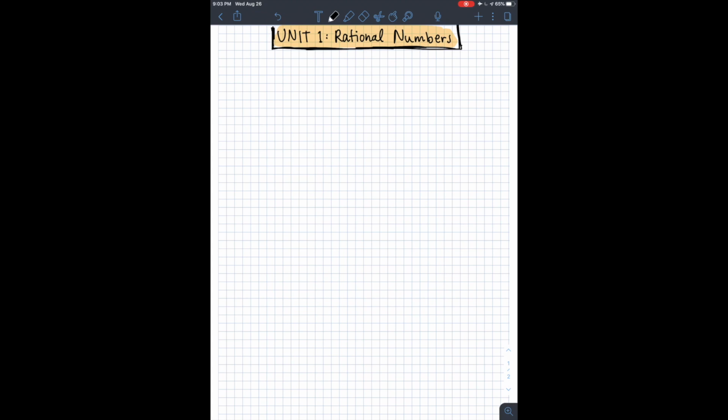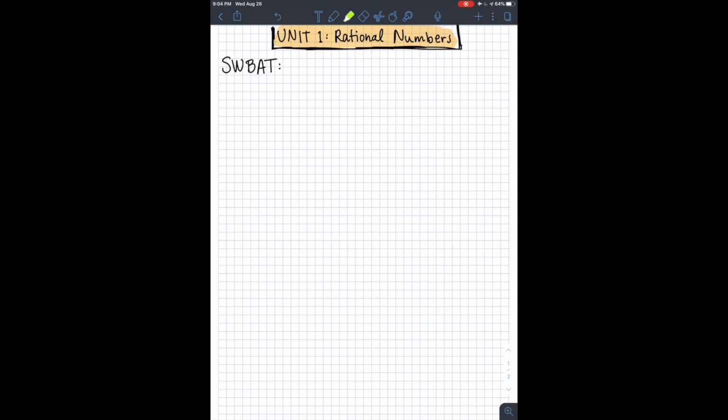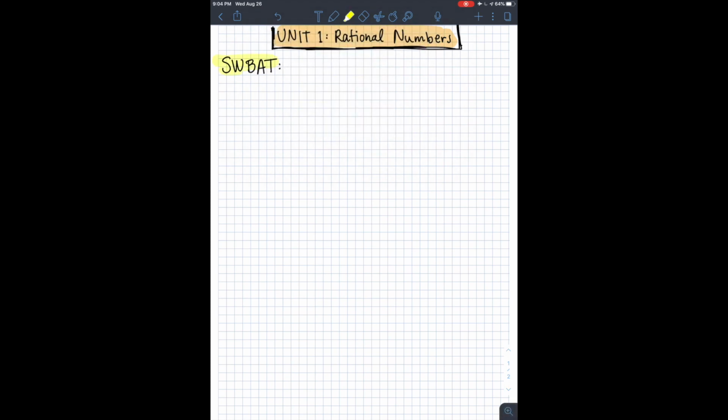If you need to pause at any moment, the beauty of having recorded notes is that you can pause at any moment if I'm going too fast for you, okay? So we're going to start with a learning target. I use SWBAT. SWBAT stands for students will be able to. So by the end of the note-taking session here, about 23 minutes, you're going to be able to,